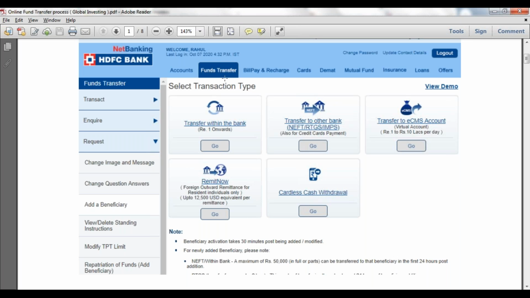So once you click on fund transfer, you need to click on remit now. You need to click on go. So there are some basic criteria for it. That is, in one single transaction, you can transfer up to 12,500 USD, and per day limit is 25,000 USD. Right. So once you click on go,